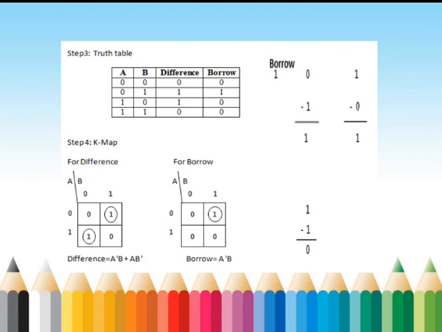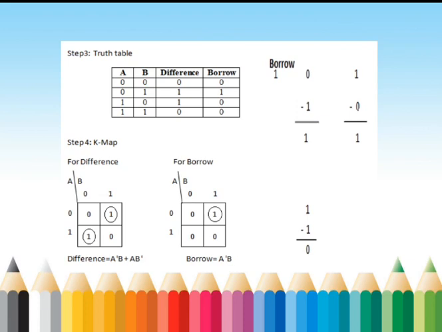So let us start analyzing this truth table. For input 0, 0, both minuend and subtrahend are equal, hence the difference and borrow become 0. For input 0, 1, here minuend is less than subtrahend, so it needs to borrow to make the difference. Hence, both difference and borrow become 1. For input 1, 0, minuend itself is greater, so no need to borrow, difference becomes 1. For input 1, 1, both minuend and subtrahend are the same, so difference and borrow become 0.